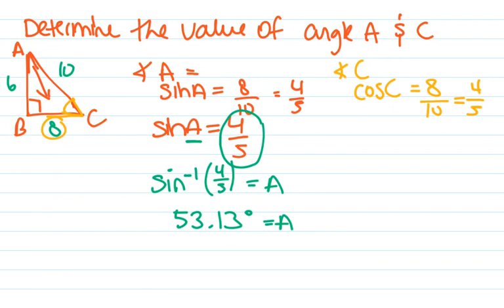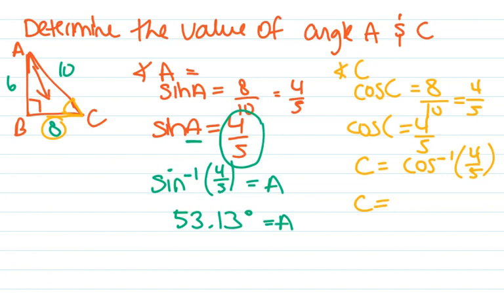So cos C equals 4/5, so therefore angle C equals cos inverse 4/5. You always use the inverse if you have a missing angle. And type that into your calculator. Shift cos bracket 4 divided by 5 bracket equals